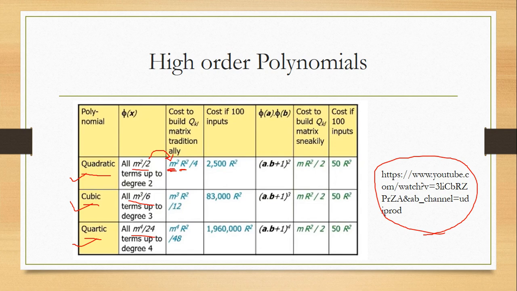100 inputs, in the sense consider that's nothing but a feature value. So you have to just, this is the cost value actually, 2500, r meaning number of rows. This is the cost value. And if I take some kernel function in place of this, this is my k actually,